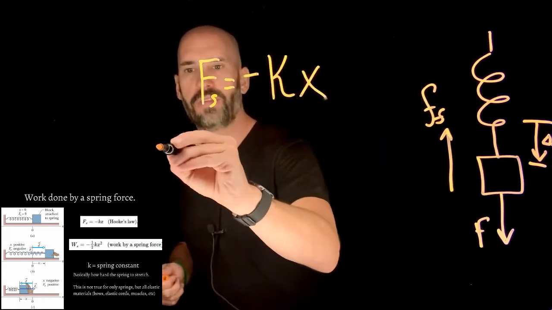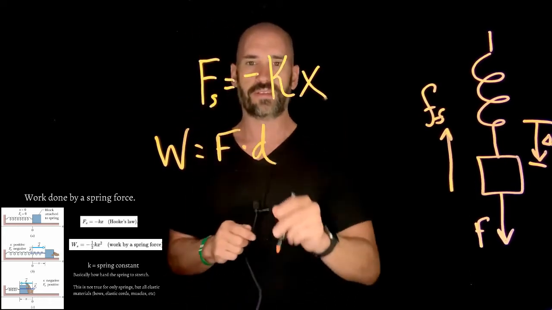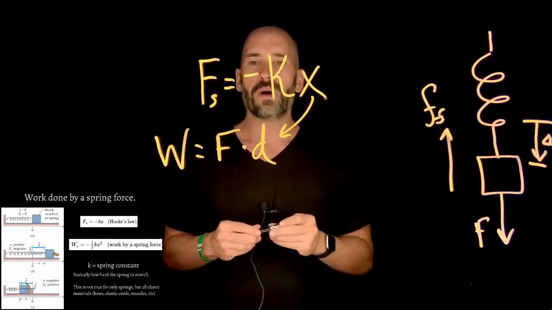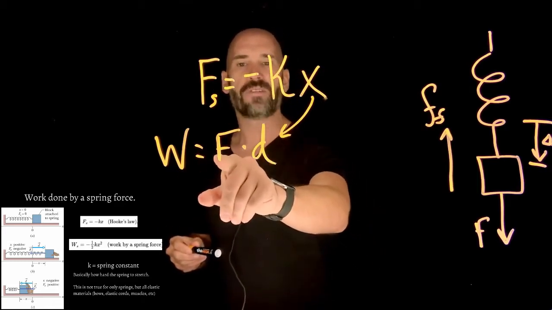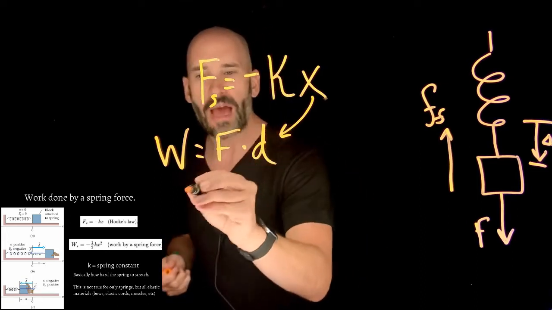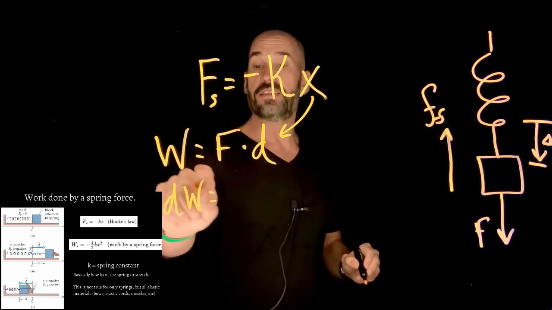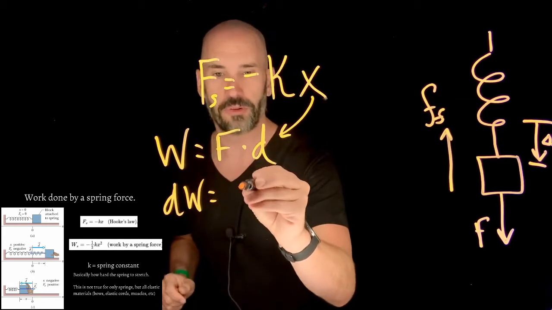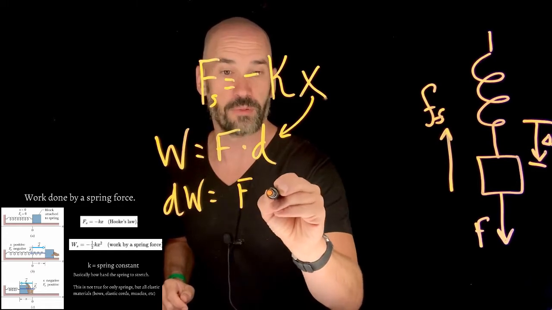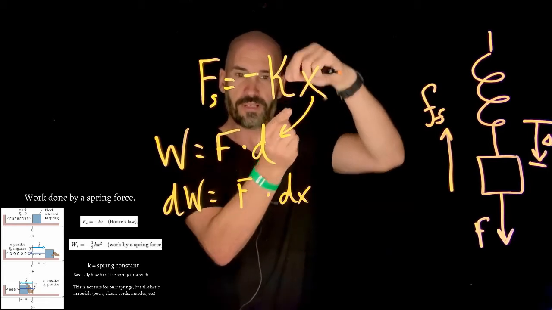Now, remember that work in general is equal to F dot d, that times your displacement. In this case, the displacement is x, how much you're pulling it. But things get confusing when F depends on d. You can't separate these. So you have to use a little calculus trick, and say that the differential of work, any little differential of work, is equal to your force dotted with some little infinitesimal displacement dx that you're doing,